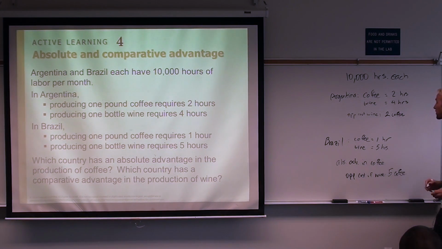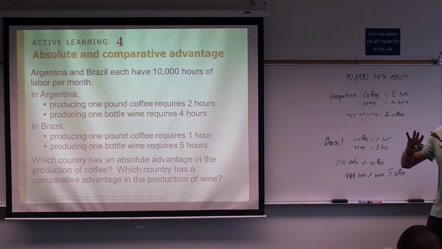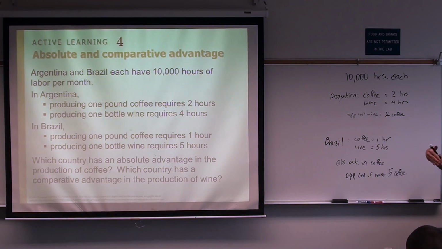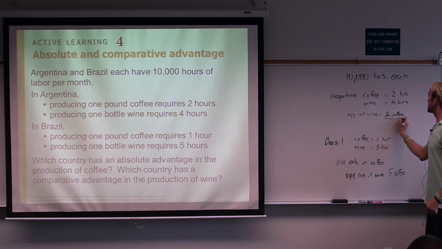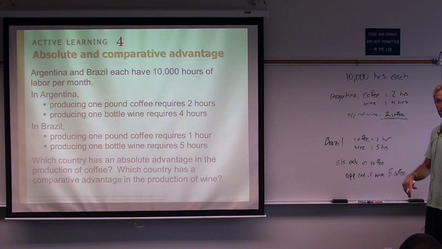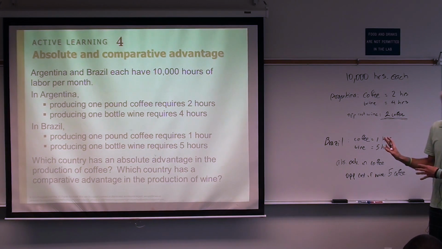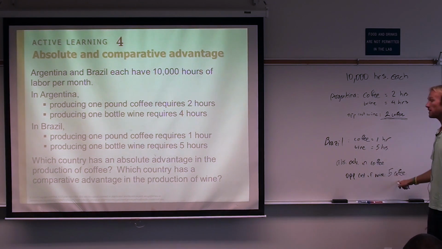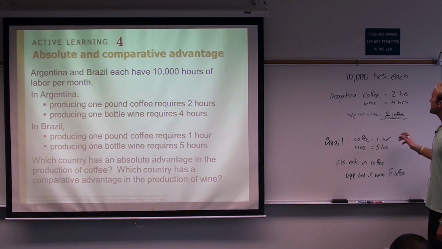Okay. So in terms of opportunity cost, i.e., how much coffee am I giving up every time I make wine, where is wine cheaper? Argentina, right? It's the lowest price. Because in the simple two-good economy, I don't have money yet. I just pay for everything in the other good. So wine's costing me 2 here. It's costing me 5 here. Like any bargain shopper, we should always shop at the cheapest place, right? If it's the exact same good. All right? So these people have the comparative advantage